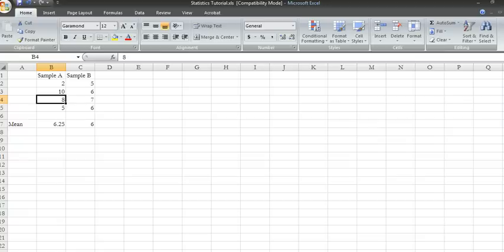So if we look at those two samples and their averages that are calculated below, we see that the mean for sample A is 6.25, whereas the mean for sample B is 6. Well, those are close, and if I asked you which group, A or group B, performed better, you might say sample A, because that is a higher average or a higher mean. Well, if you were to say that, you may be wrong, and it's because if you look at the data points, we see something quite